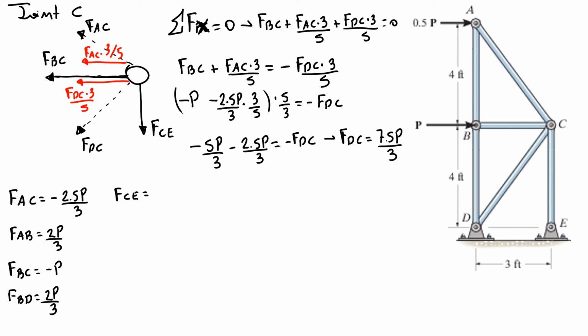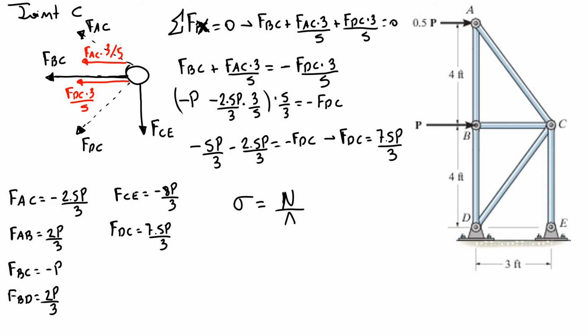FCE is minus 8P over 3. And our FDC is equal to 7.5P over 3. So we have to discover our ultimate stress, which is equal to our force,